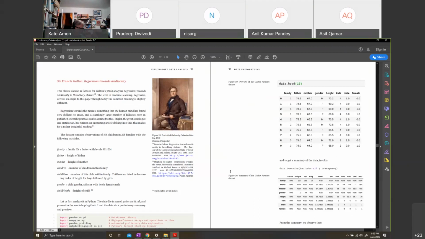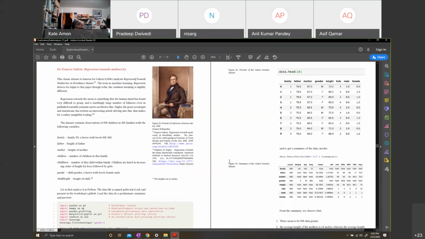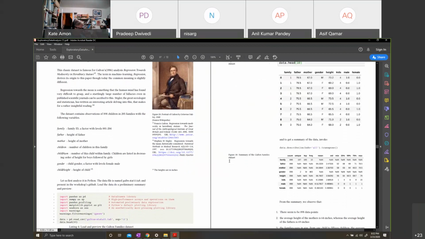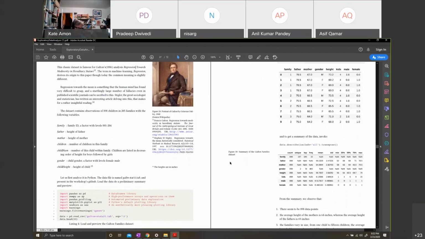He has written one of the books, The Seven Pillars of Statistical Wisdom. Regression towards the mean is one of those pillars. It is also a concept that our mind has tremendous difficulty grasping. When it is staring us in the face, we don't see it, and we ascribe all sorts of causal reasons for it. So this data set, we must at some time in our life do the Galton data set. It's really worth it, if nothing else, to drill this into our head. What is regression towards the mean?